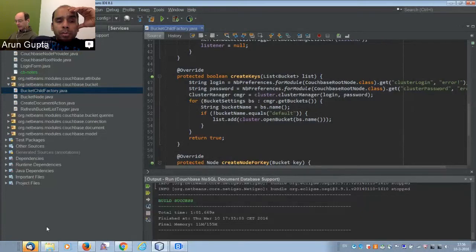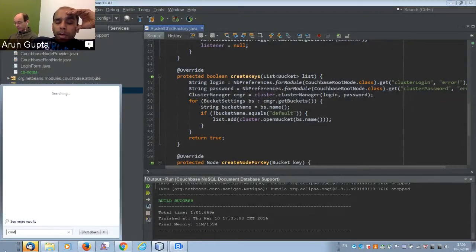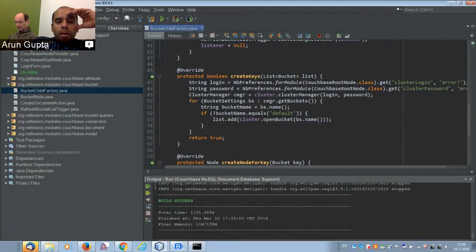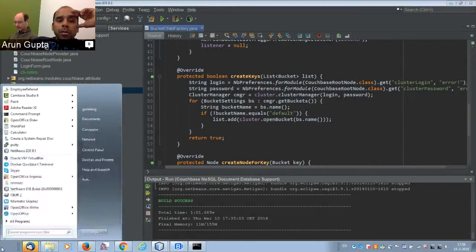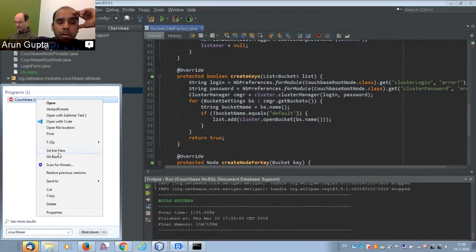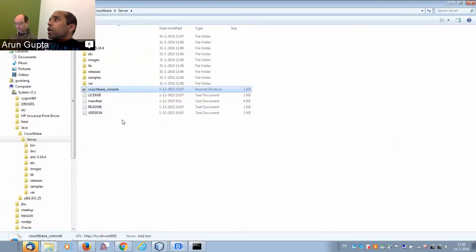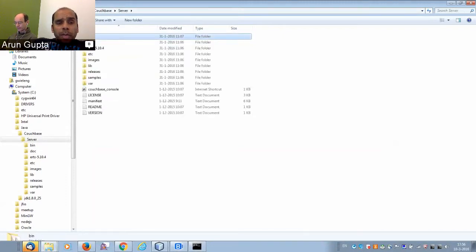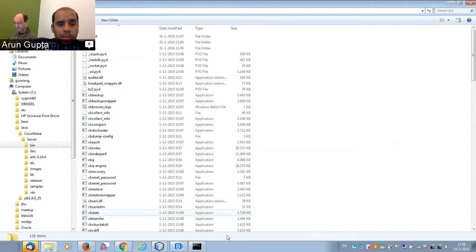Do you know how to run the CBQ command line query tool? Probably not. And since I haven't done that on Windows, perhaps I should just show you. Well, he should still be able to open up a command prompt, go to the Couchbase server directory, bin directory, and there should be a CBQ script here.